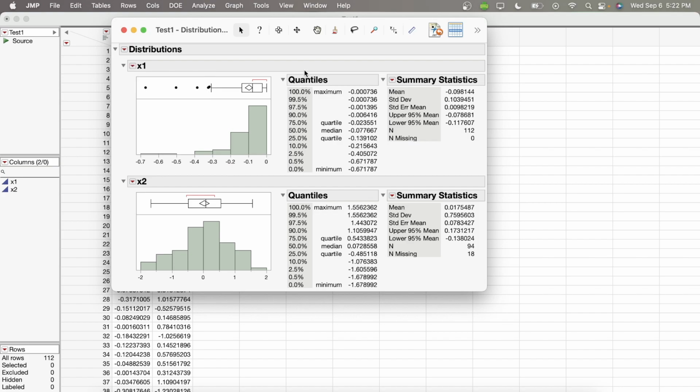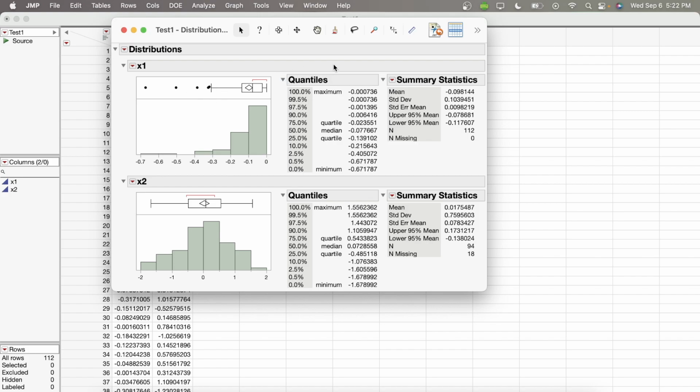And what does JMP automatically consider an outlier when it's making these plots? Well, JMP will consider anything that's plus or minus 1.5 times the interquartile range away from that median, okay? So it's kind of a little bit of jargon to throw at you there. But pretty much what JMP is going to consider an outlier is any of these points that are outside of